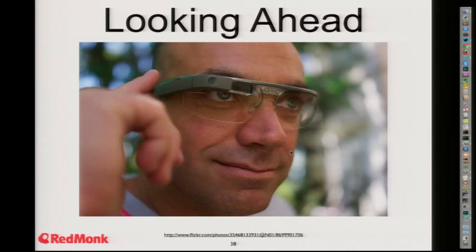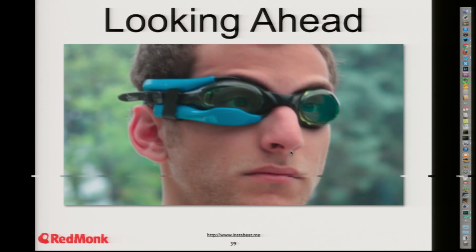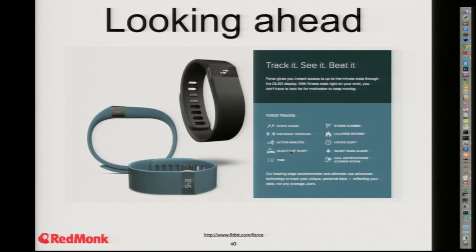Looking ahead, and I'm wrapping up here, James, wherever he is. You've got things like Google Glass, which will now be publishing people's data as well. You've got this thing called Instabeat, and what it is, it's like Google Glass for swimmers. So it's got a little display inside people's goggles as they're swimming, so they can see how fast their heart rate is. They can see several of the kind of things that you want when you're a competitive swimmer and you're trying to up your game. And you've got all the usual stuff that we're all aware of, the Jawbones, and all these other things that people are using to track their fitness. More and more we're being quantified, we're generating more and more data, and it's going to be really interesting to see the applications that come from this data.